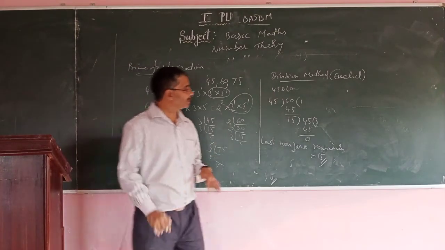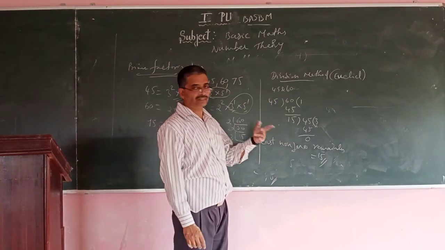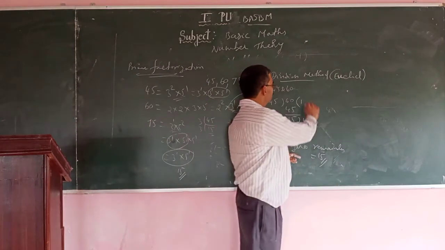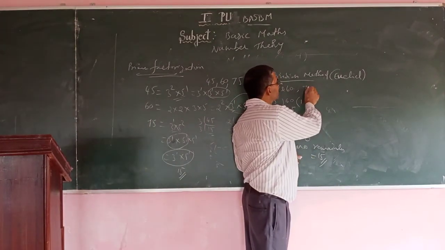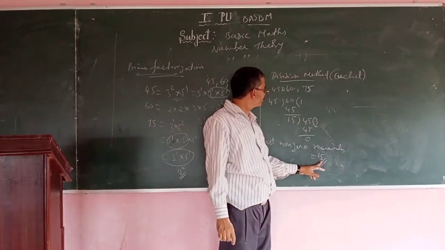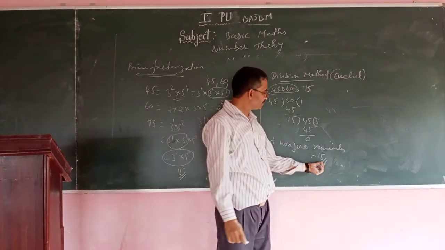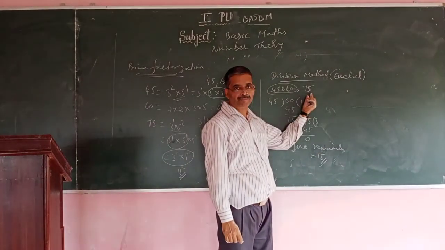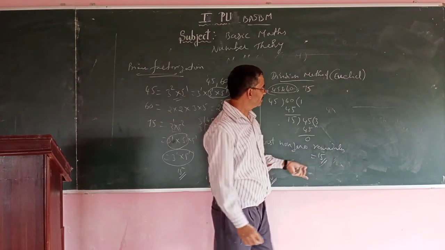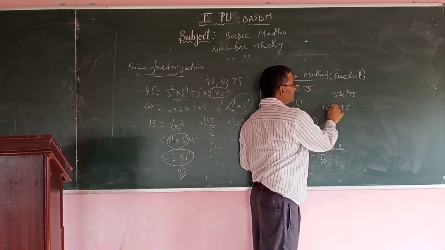I will take some other example. 45, 60, 75, okay. Because 75 is also divisible by 5, 15, we will get 15. So let us say three numbers. Now what you have to do is, once you got 15, a GCD of two numbers, I want GCD of three numbers now. This 15 you take and 75 you take. GCD 15 means GCD of 45 and 60. Take 15 and 75. Now if you take 15 and 75, 75 is bigger. So take 75, divide by 15, 5,